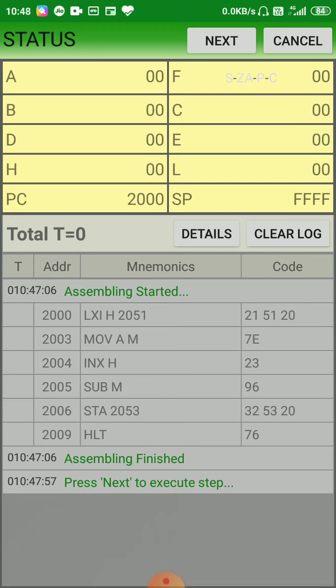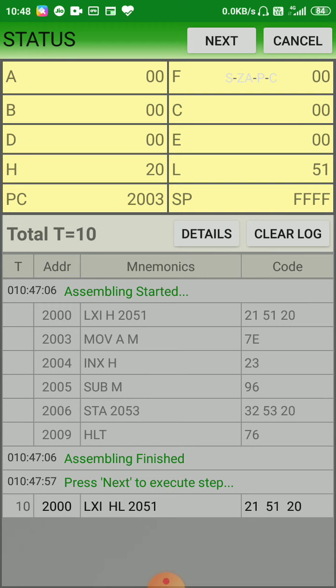You can see your program counter is pointing towards your program address, which we have put earlier, 2000. Press next. So your first instruction is taken from my program address 2000, and you can check the mnemonics and the opcode. Opcode for LXI H, 2051 is 215120.